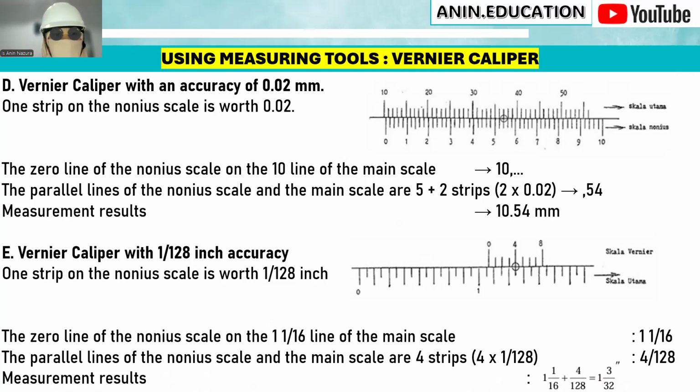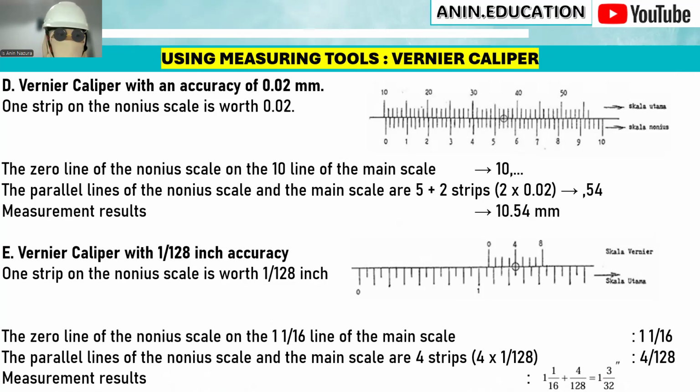Vernier caliper with the accuracy of 0.02 millimeters, one strip on the nonius scale is worth 0.02. The zero line of the nonius scale is at 10 on the main scale, and the parallel lines of the nonius scale and the main scale are at 5 plus 2 strips. Measurement result is